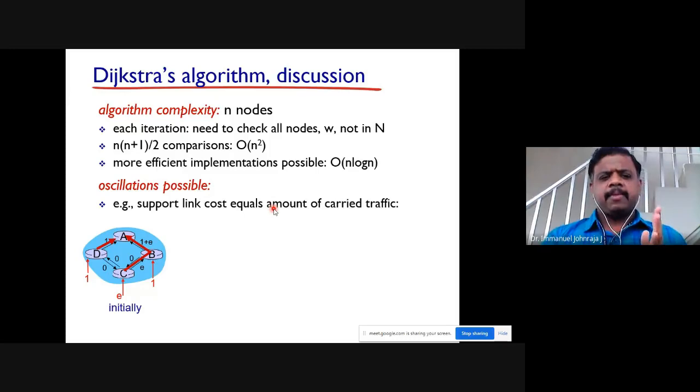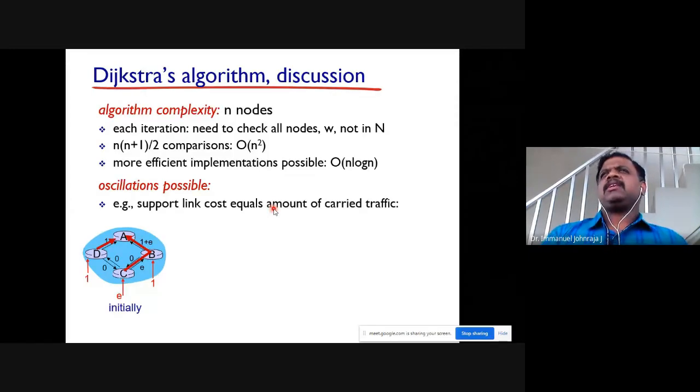You have seen this algorithm goes and checks with every other node. Okay, it has to check with all the other nodes. If there are n nodes, you have to go for n into (n plus 1) by 2. Okay, you know the formula n into (n plus 1) by 2 will give you the mesh connection from one node to every other node. It's going to be n into (n plus 1) by 2. Okay, because it is n into (n plus 1), it's going to be big O of n square. Okay, because you have got n multiplied by n. All right, n times n comparisons are done, so it's going to be big O of n square.